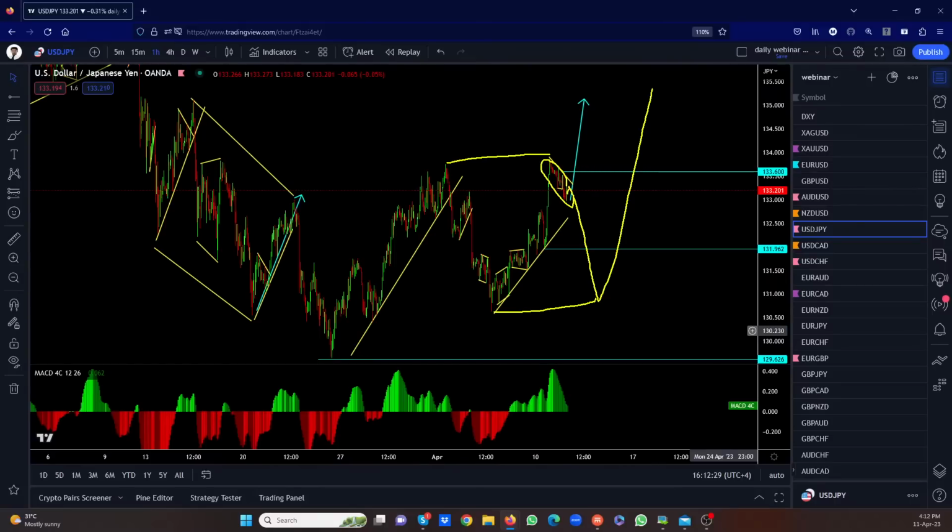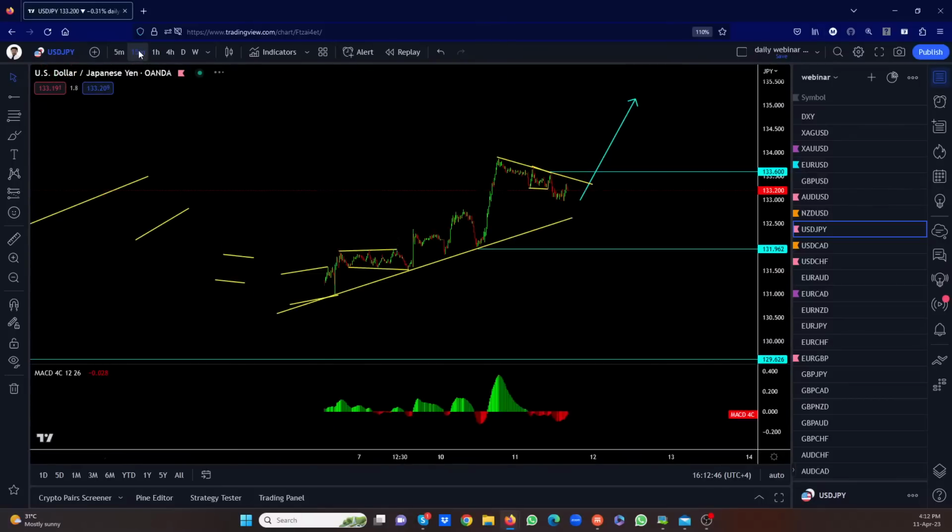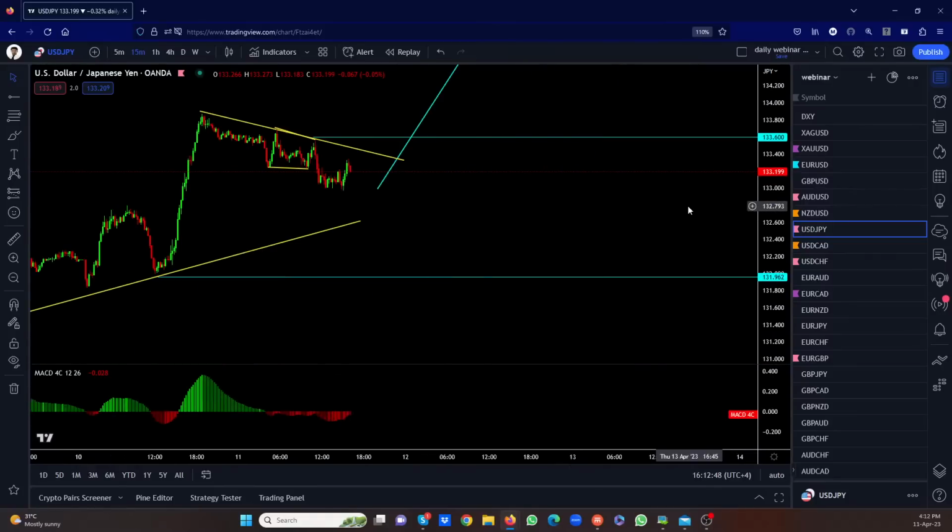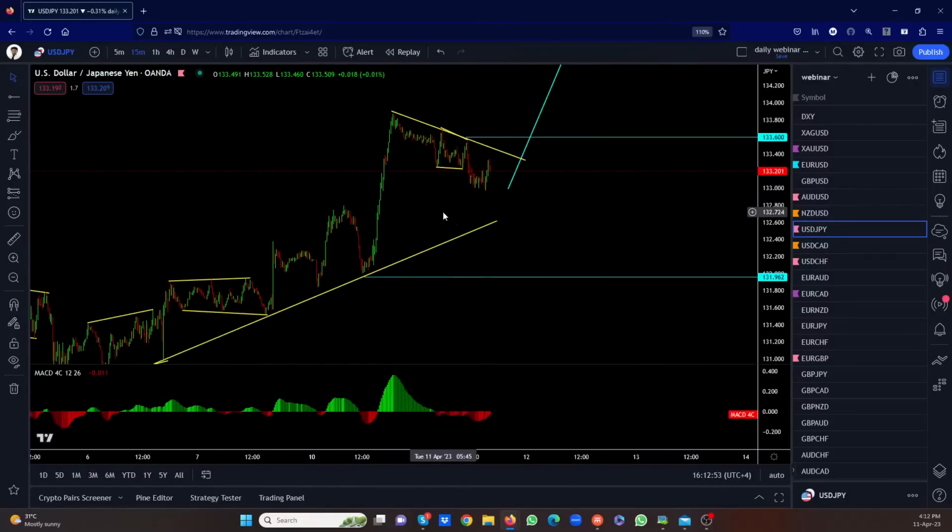So it means there's a good chance it could break this top here and then come back. So we will take the buy. If the buy triggers, we'll take it, we'll manage it, we'll see how far it goes. If we don't get the buy and they keep consolidating here, we might consider the sell. I really don't like the sell. It's very short. There's no good risk to reward in it as yet. So we'll put a buy setup here.